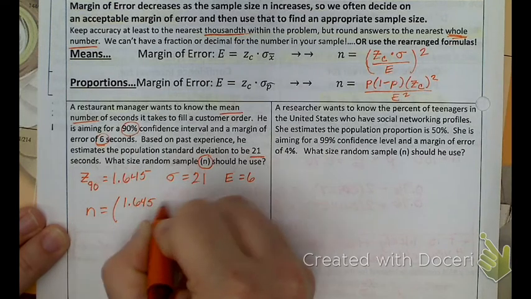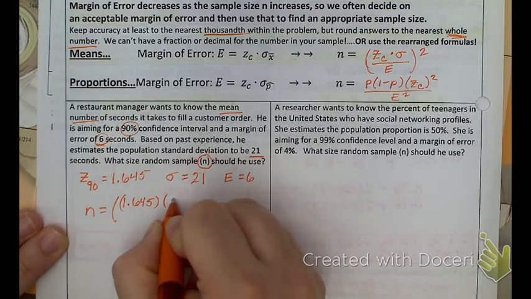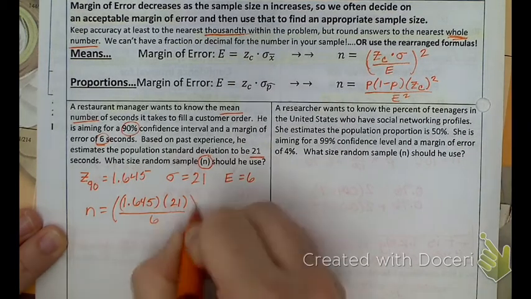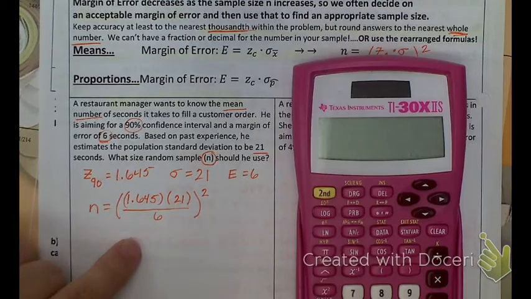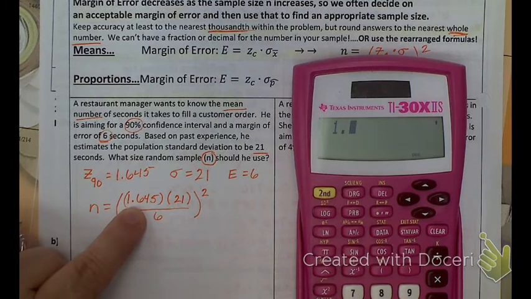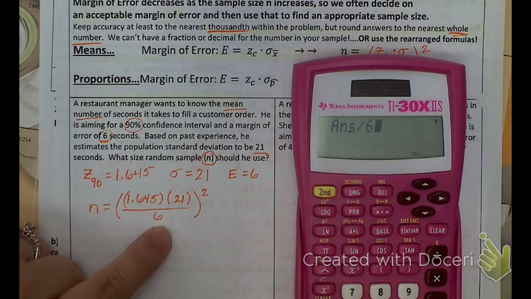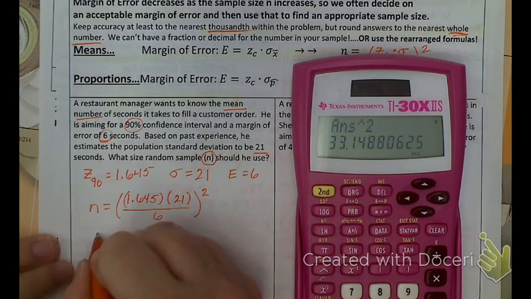We multiply it by the standard deviation, which is 21. We put it all over our margin of error, which is 6, and we square it. So let's go ahead and look what that gets us. 1.645 times 21 divided by 6, and then raise that all to the second power, and that gives me n equals